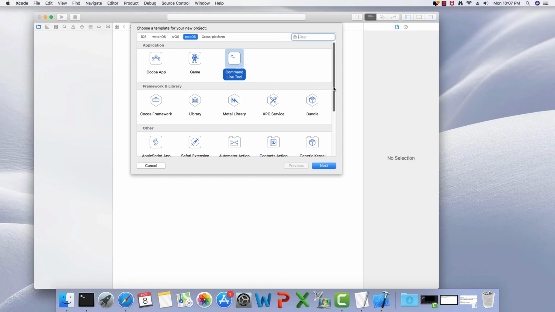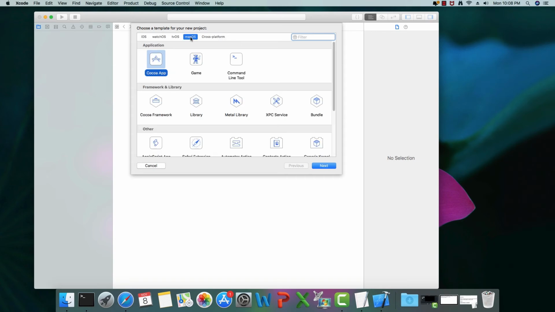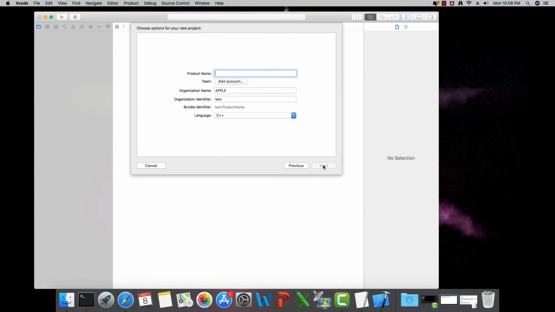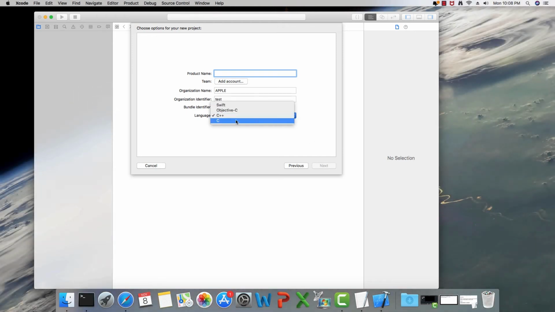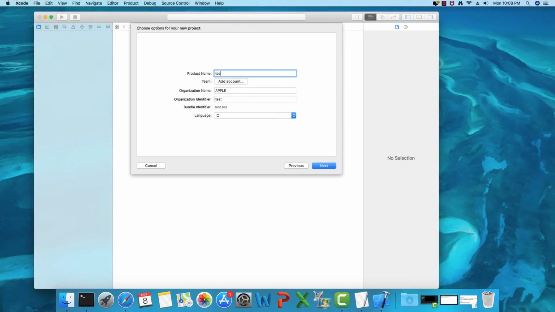Here we can choose what sort of project we need to create. I'm going to say Mac OS and command line tool. Next is the language. I'm going to use C language and the product name is test. And I'm going to click next.